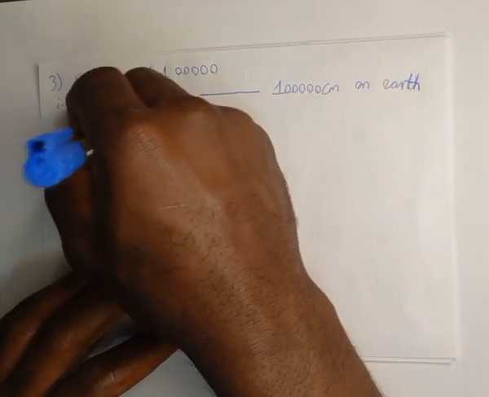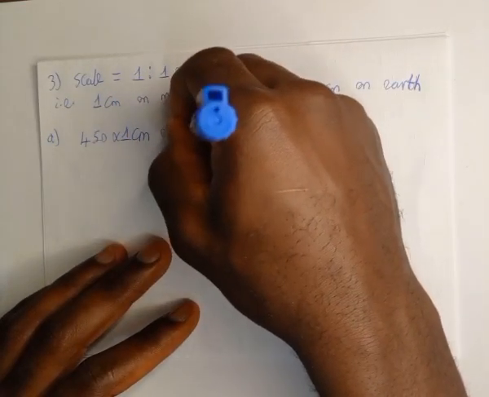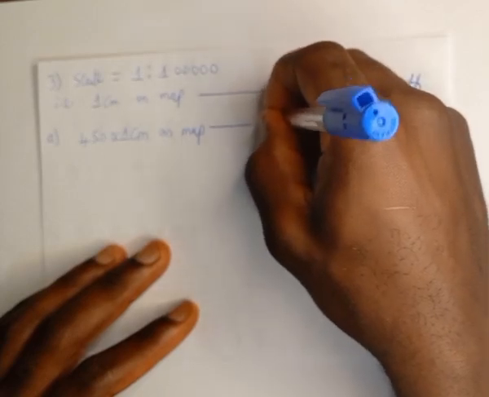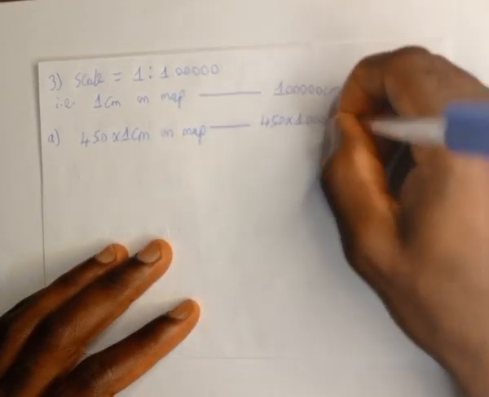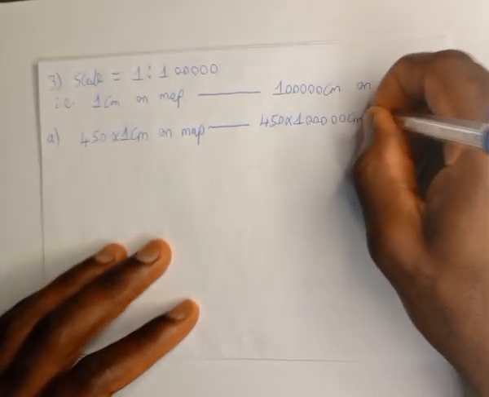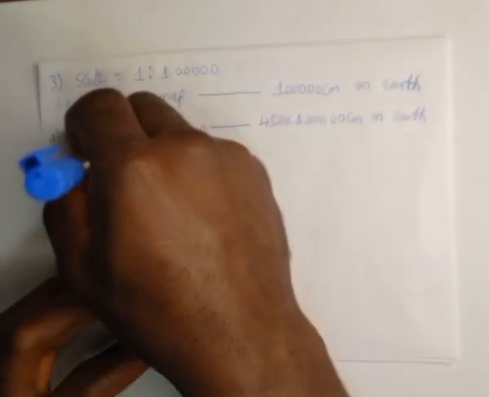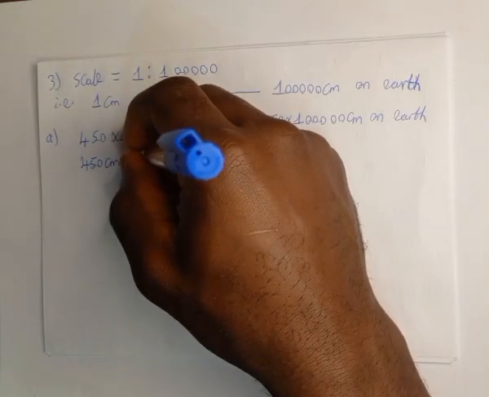Take 450 times 1 centimeter on map, which will be equivalent to 450 times 100,000 centimeters on Earth. This will give us 450 centimeters on map